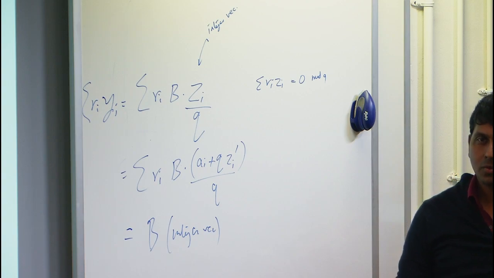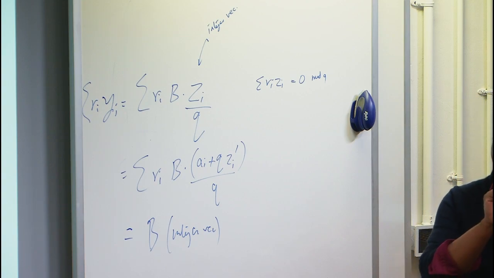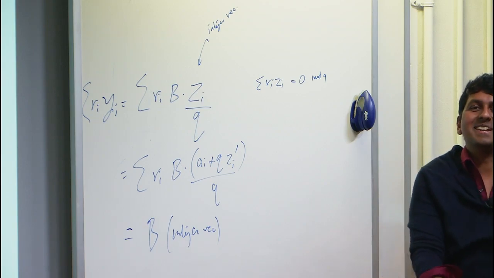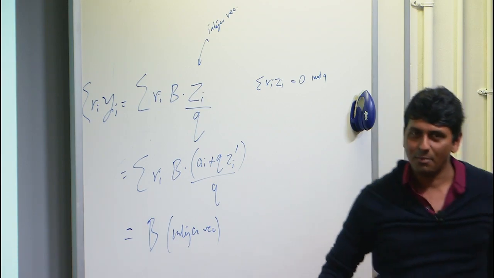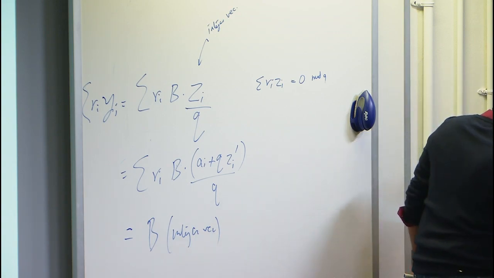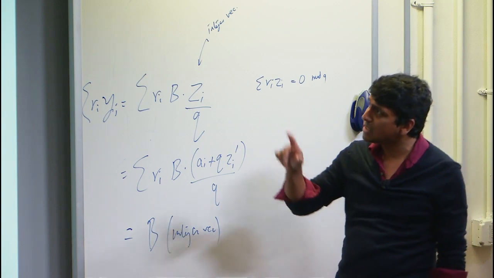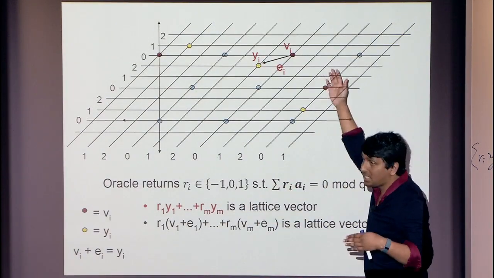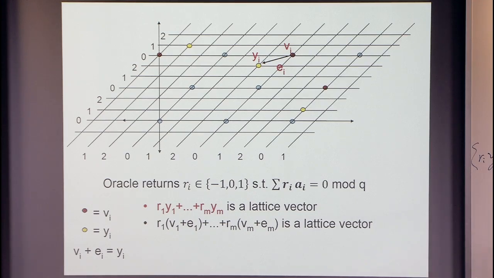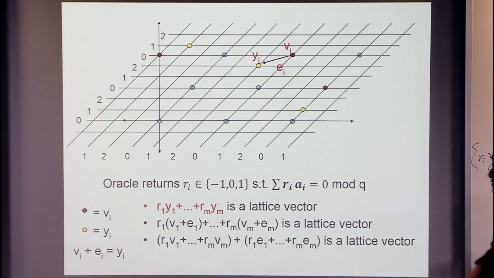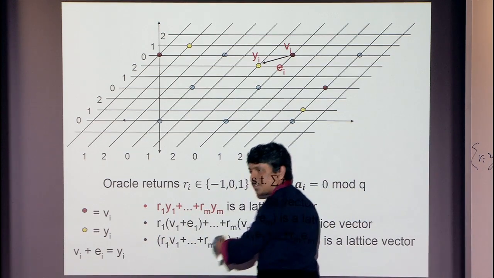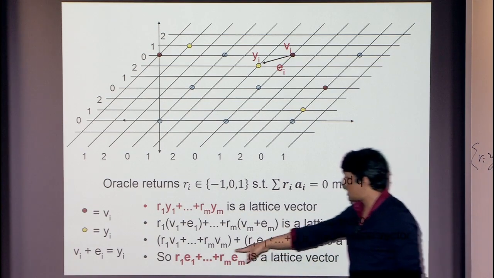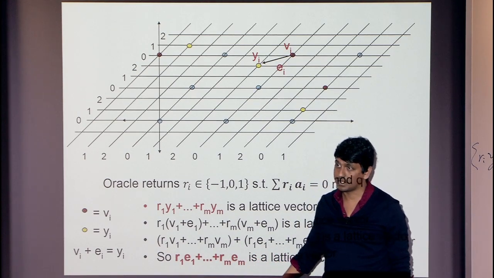Where do we use the fact that the Gaussian isn't too large? I haven't gotten there. Good question. But at the very least, I have a lattice point. If I don't have it, I might as well stop and go home. Okay, so what does that mean, the sum of Ri Yi? Yi is V plus E. The sum of R times V is the sum of lattice points, which is a lattice point. This is a lattice vector also. This lattice vector minus this lattice vector is also a lattice vector. So bottom line, the sum of Ri Ei is a lattice vector.